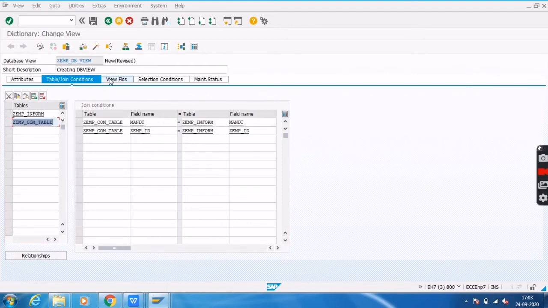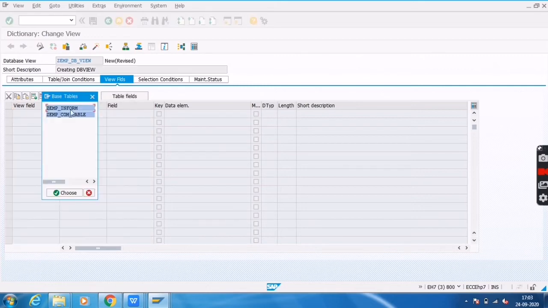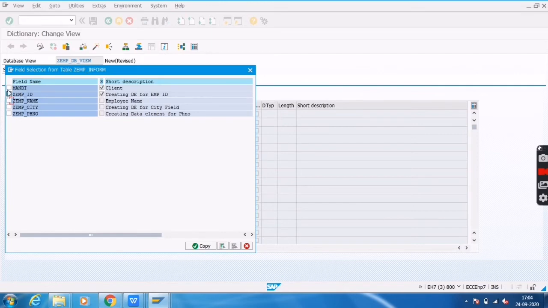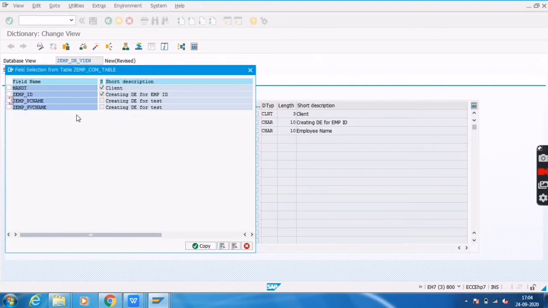Then click on the view fields tab. Here we will select which columns or fields we are showing in the output of the view. Click on table fields, select the first table. Here I am showing the first three, employee ID, employee name. Click on copy and then click on the second table.